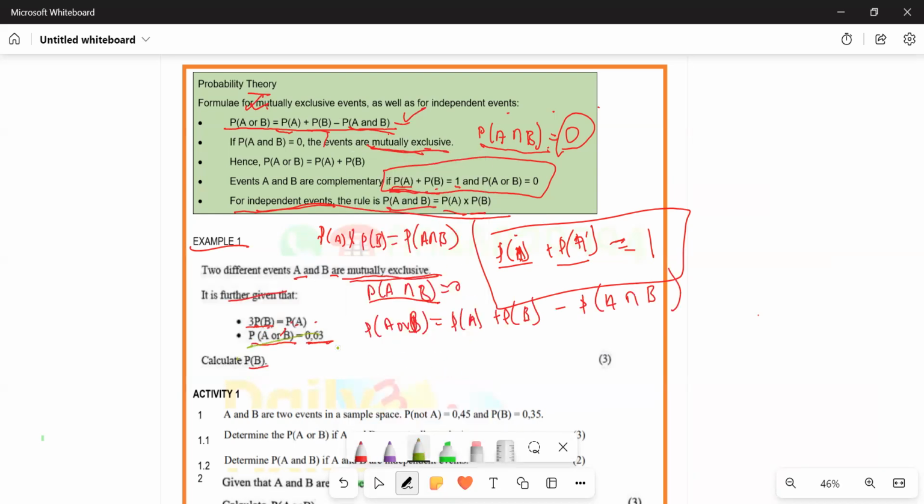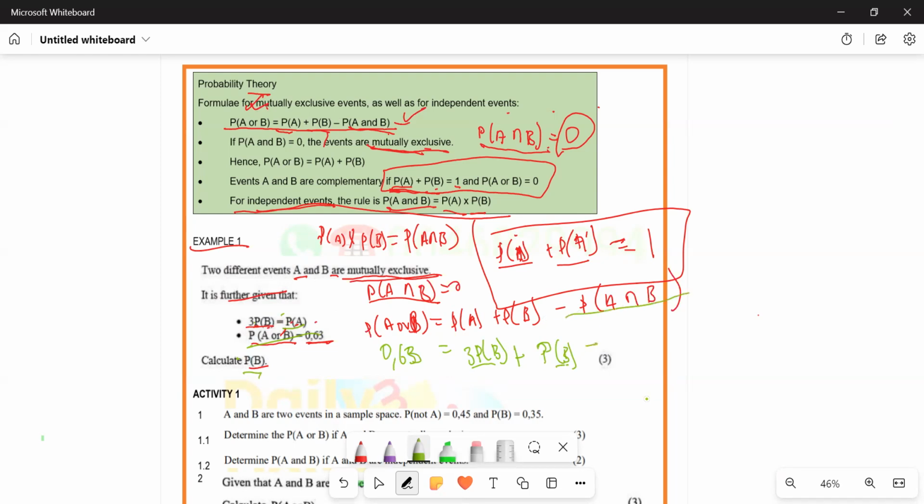We know the probability of A or B is 0.63, which equals the probability of A. They said the probability of A can be written as 3 times the probability of B. Plus the probability of B. Now we can either write A in terms of B or B in terms of A. It doesn't matter, but because we're looking for B here, it makes sense to write everything in terms of B. Minus